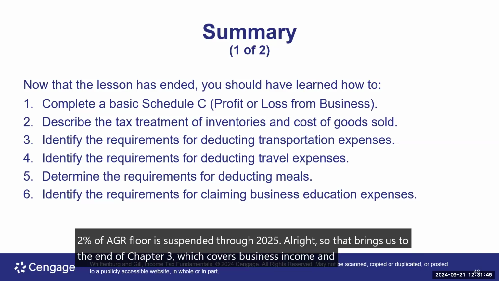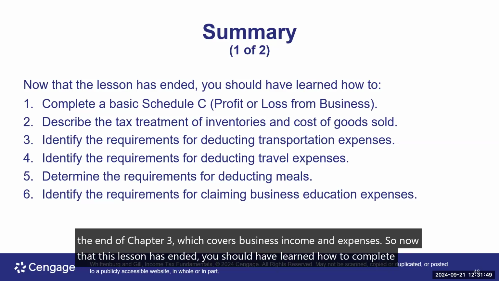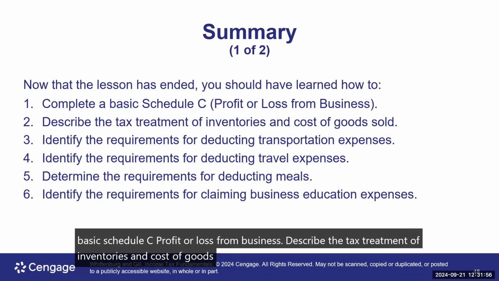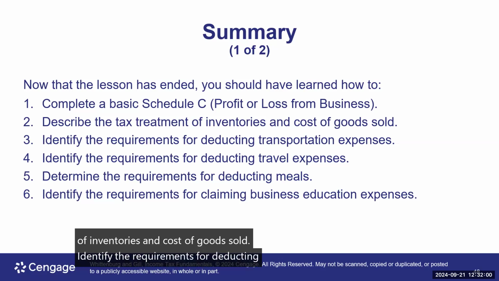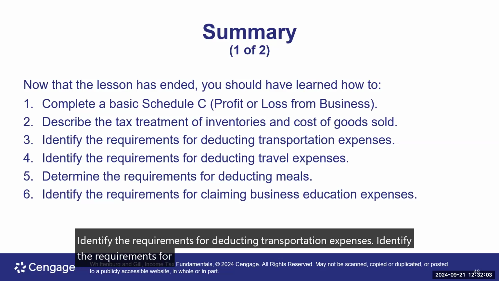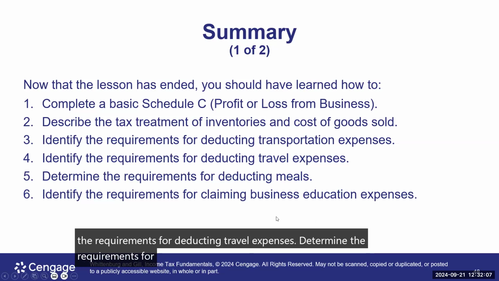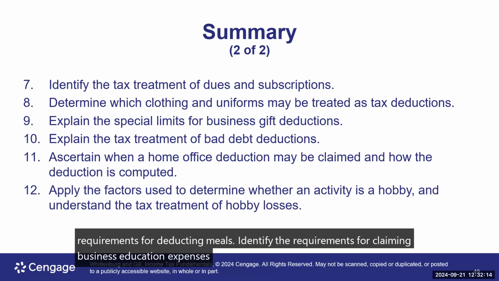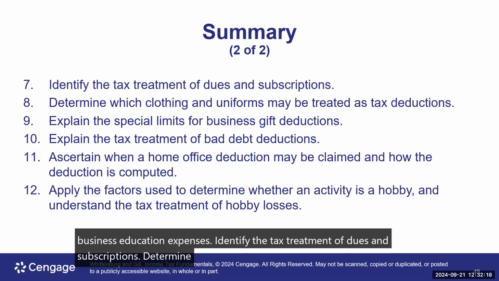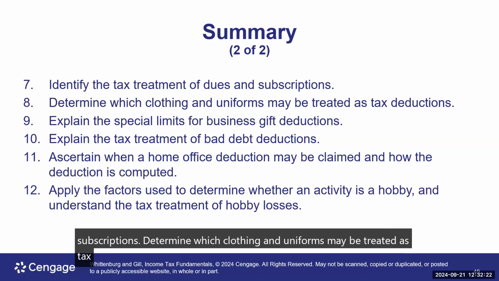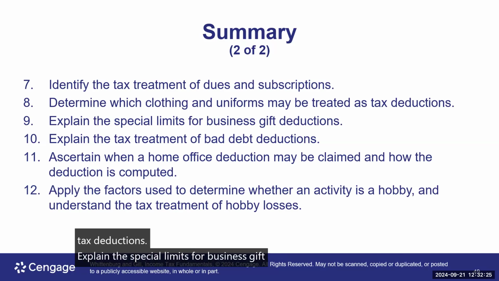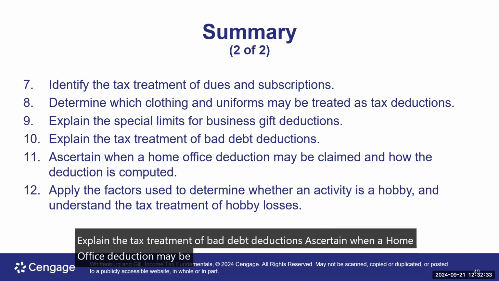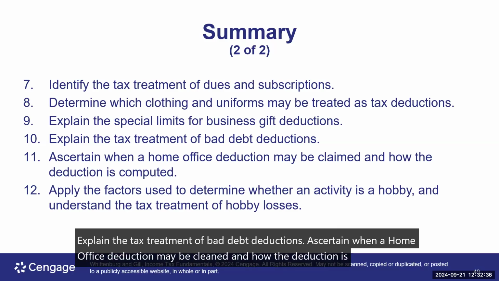Now that this lesson has ended, you should have learned how to complete a basic Schedule C, profit or loss from business, describe the tax treatment of inventories and cost of goods sold, identify the requirements for deducting transportation expenses, identify the requirements for deducting travel expenses, determine the requirements for deducting meals, identify the requirements for claiming business education expenses, identify the tax treatment of dues and subscriptions, determine which clothing and uniforms may be treated as tax deductions, explain the special limits for business gift deductions, explain the tax treatment of bad debt deductions, ascertain when a home office deduction may be claimed and how the deduction is computed, and apply the factors used to determine whether